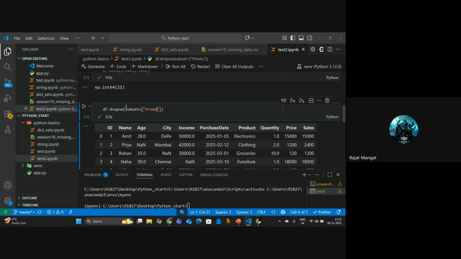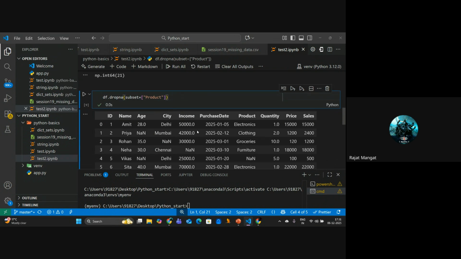Like we want to remove product. Product spelling is right. Okay. Now, as you can see in this table, we have a column product, but after running this,